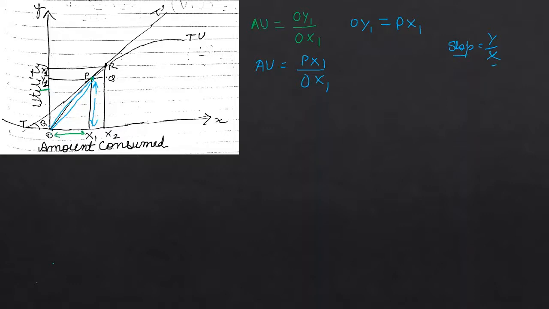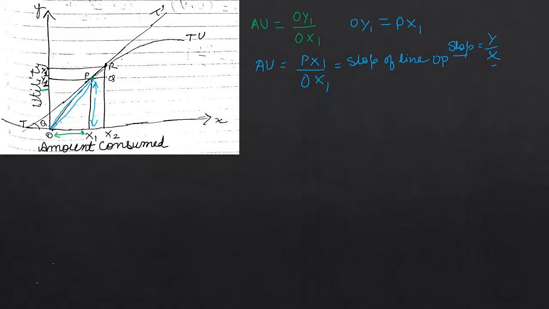So the slope of line OP will be equal to PX1 upon OX1. That means average utility is the slope of line OP,